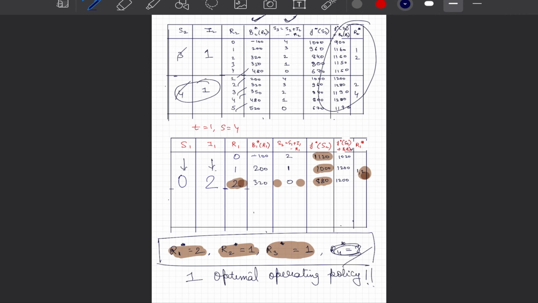That means that from this table, we kept on going back, and wherever these values are possible, we see from previous tables that corresponding to that release, what is the next state? For that state, we already have a maximum value, and you can always check the accuracy of these calculations. But I hope that you see what is the similarity between the water allocation problem to households and the water allocation problem from the reservoirs. Thank you.